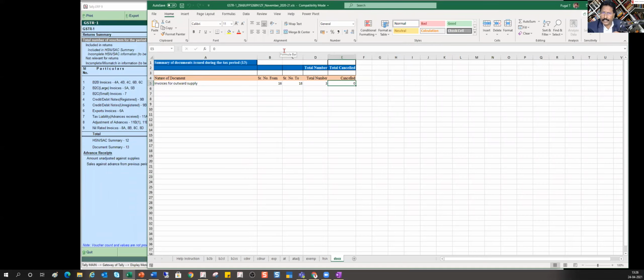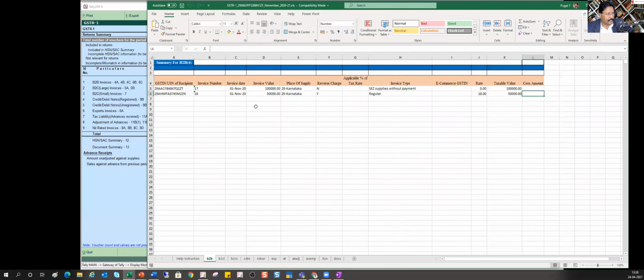Now this Excel file, you can import into your offline tool and then verify. Generally we directly export the JSON file from Tally. I have not done this offline update at all.